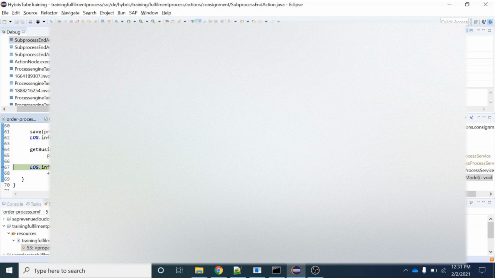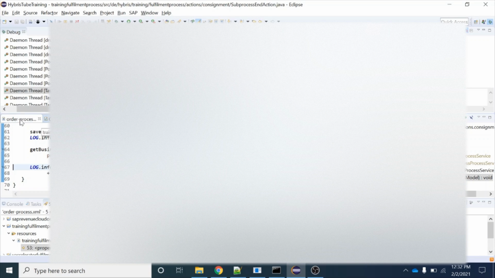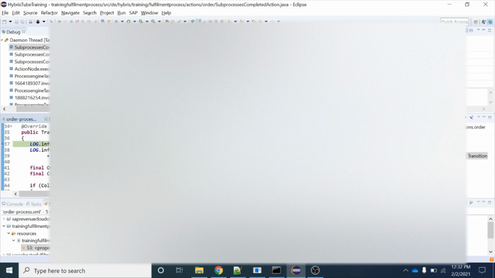So this event has now been triggered, and once it has been triggered, we will see the fulfillment process. It should go to the next step in a few minutes, and the next step should be this one, process completed, right? So this is the next node, this is the reference bean. So you will see now the sub process complete action. I will just skip this portion,